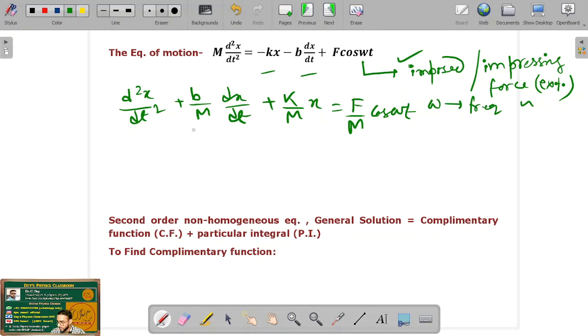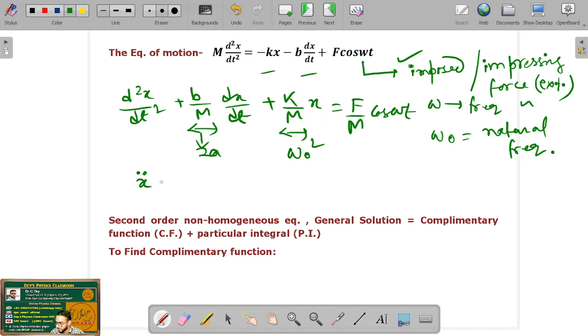Similarly to the case of damped vibration, we can take b/m as 2a and k/m as omega 0 square, where omega 0 is the natural frequency of the system. So the second order differential equation takes the form, denoting it as x double dot, that is d2x/dt2 plus 2a x dot plus omega 0 square x equals F divided by m into cos omega t,